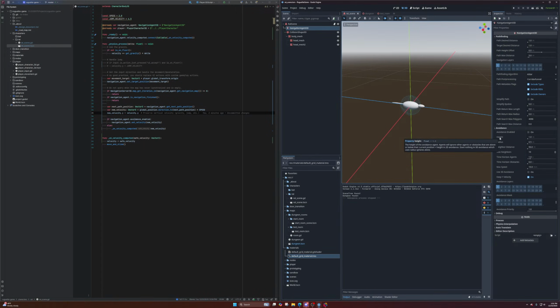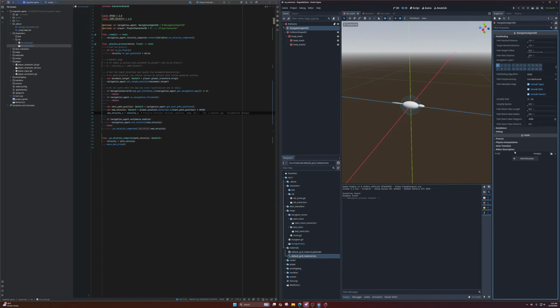Oh, avoidance. Oh, this here is if avoidance is enabled. We don't have avoidance enabled, so